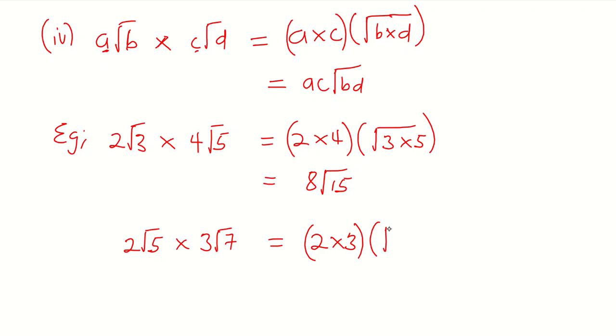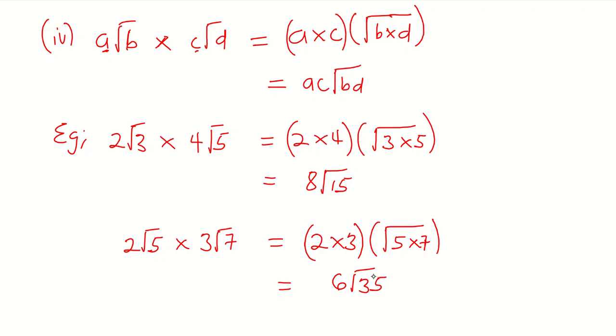So that is square root of 5 times 7, and we know 2 times 3 gives us 6, and square root of 5 times 7 gives us square root of 35. And so that is the last part for the